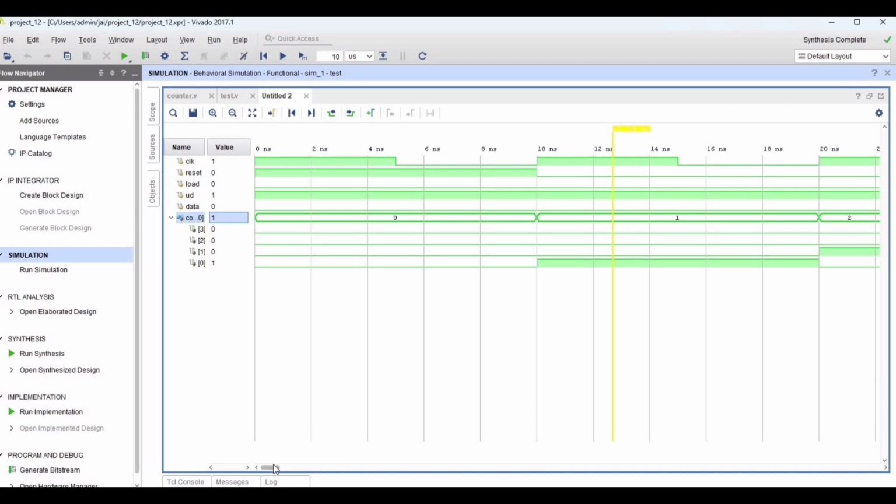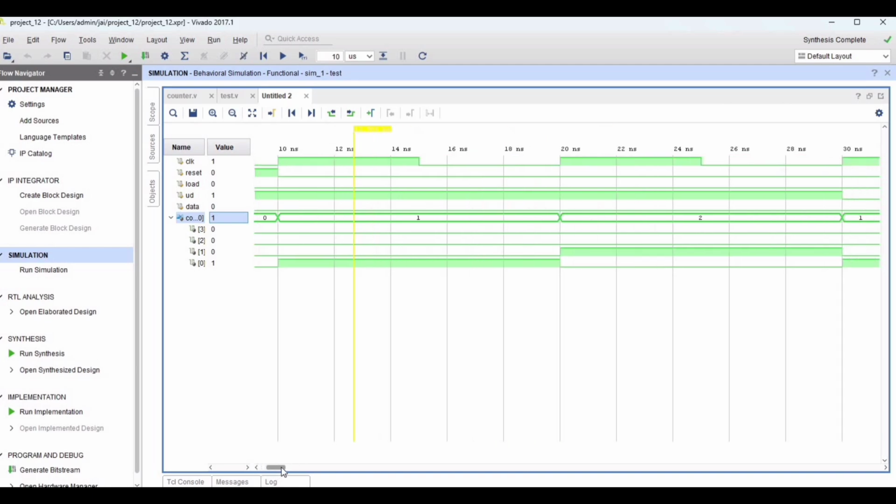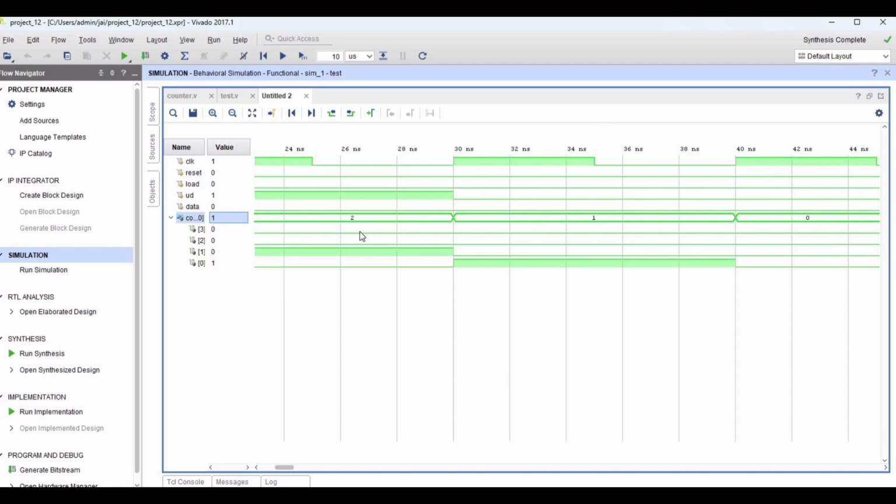After 1 you will get 2, 2. Okay. So after 30 nanoseconds, what is going to happen? After 30 nanoseconds, UD becomes 0. So if UD is 0, it will start to down count. So it will go to 1, okay, then 0,